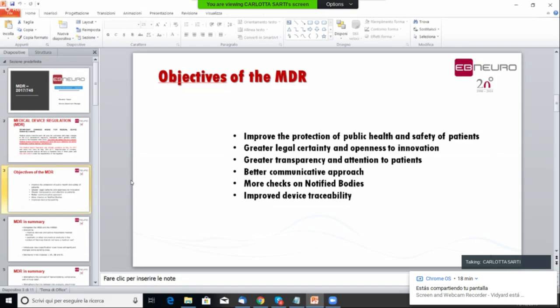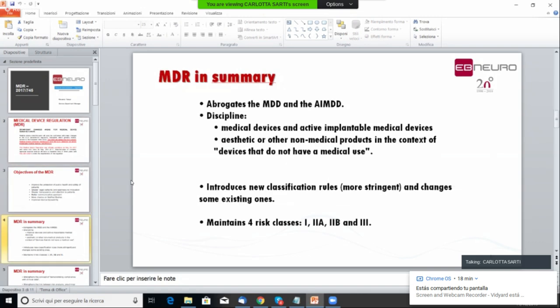In summary, the MDR replaces the MDD regulation and the AIMDD for the active implantable medical devices. It regulates the medical device and the active implantable medical device, aesthetic and other non-medical device products. It is probably not only for this type of device, also for